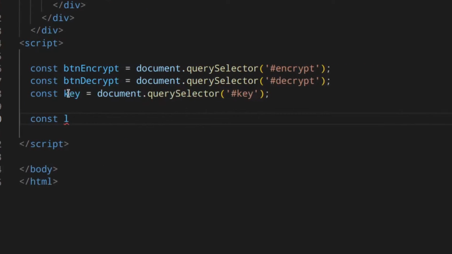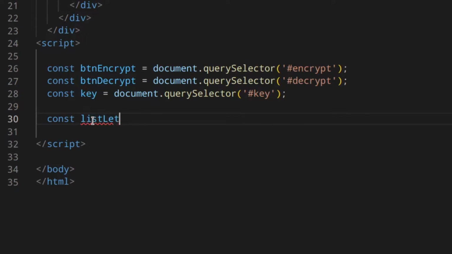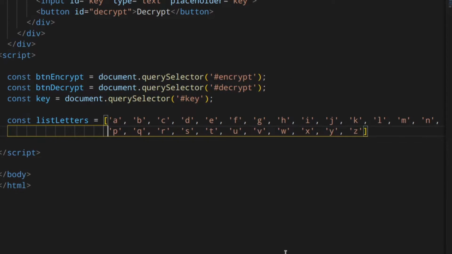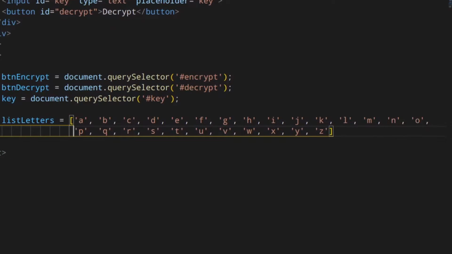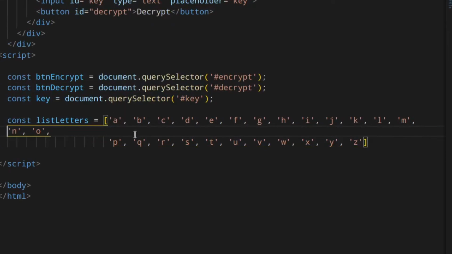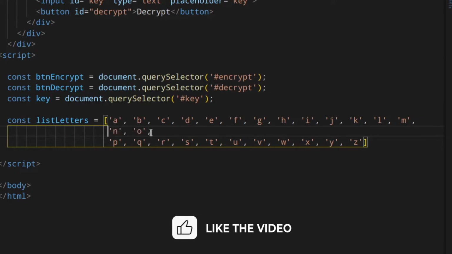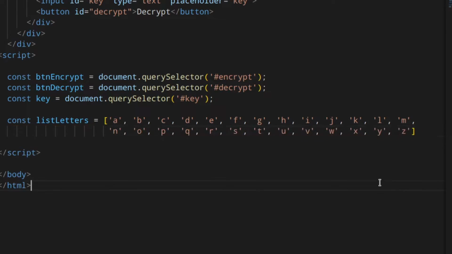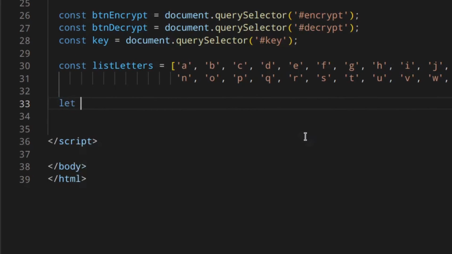Let's close this so you can see it better. List letters equal, okay, list. Actually, I'm copying and pasting it because that's quite a long list, so I don't want to waste time. All right, like that. Perfect. So you've got all the letters. Actually, I can split it here, like that. Perfect. You've got a list of letters, and now we need to have a new text variable which